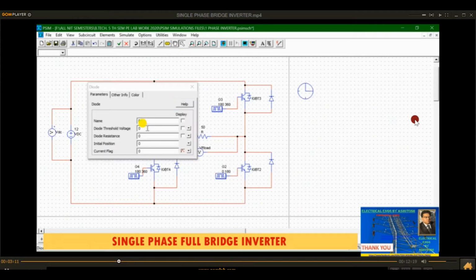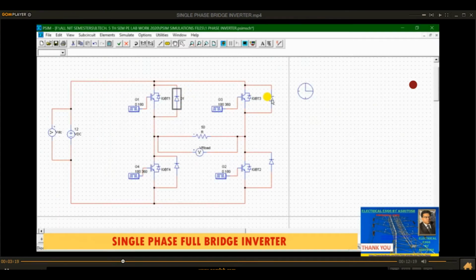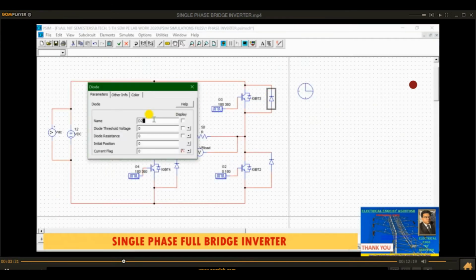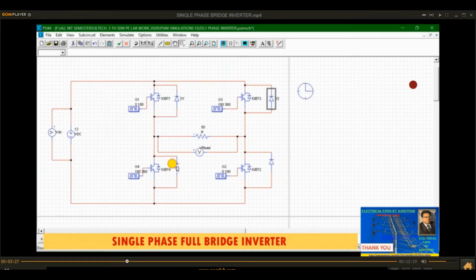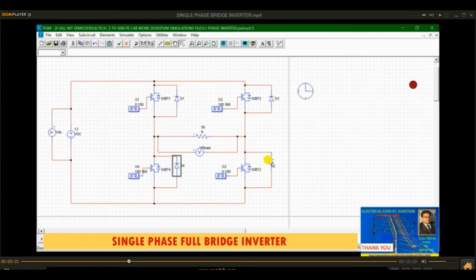This one is D1. You can display this by checkbox. So this is D1 and this is D3. You can rename it, and this is D4 and this is D2,